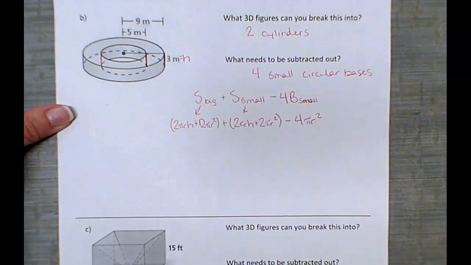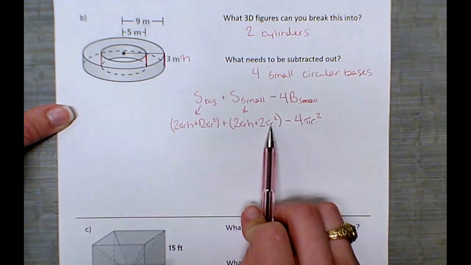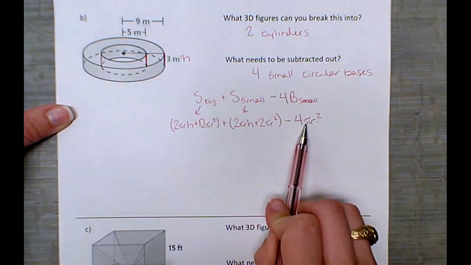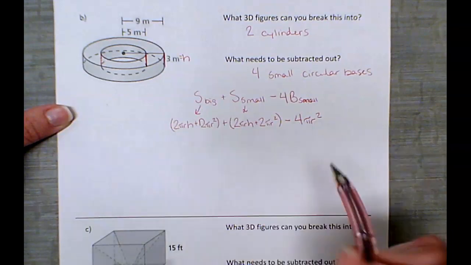Now at this point, the small radius appears here and here and here. And these terms are similar. I have 2 of them, and then I subtract 4 of them. So really, I'm netting minus 2 of these terms. So if you want,